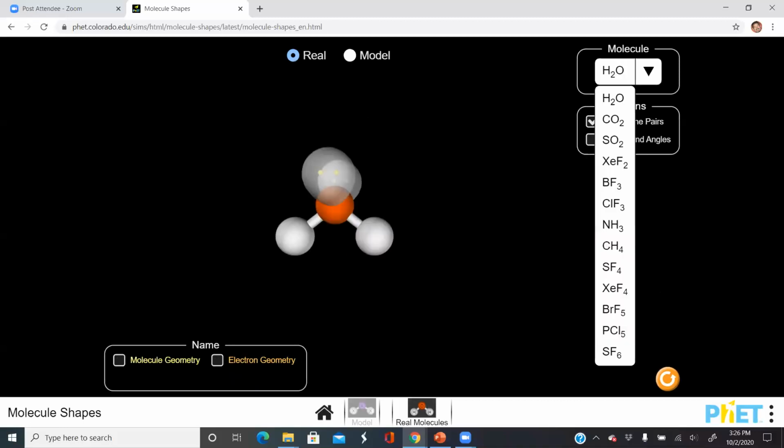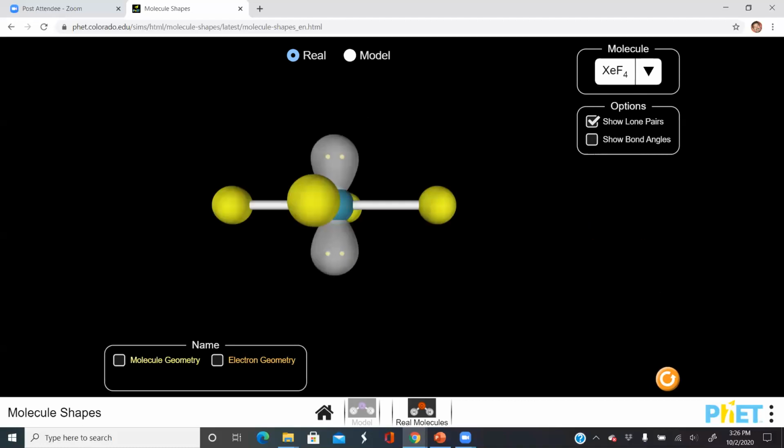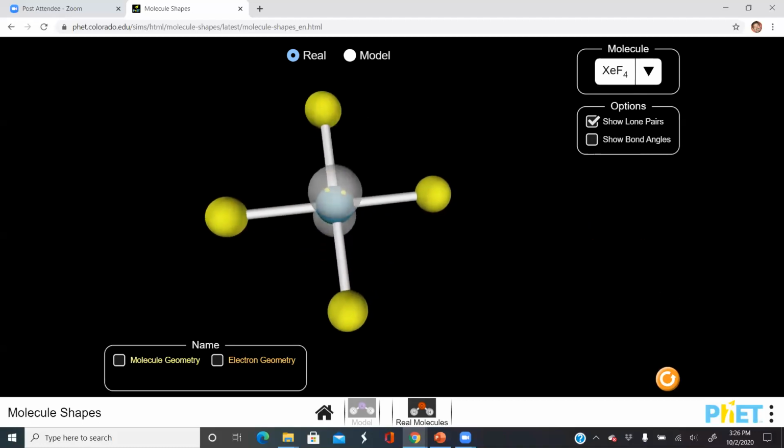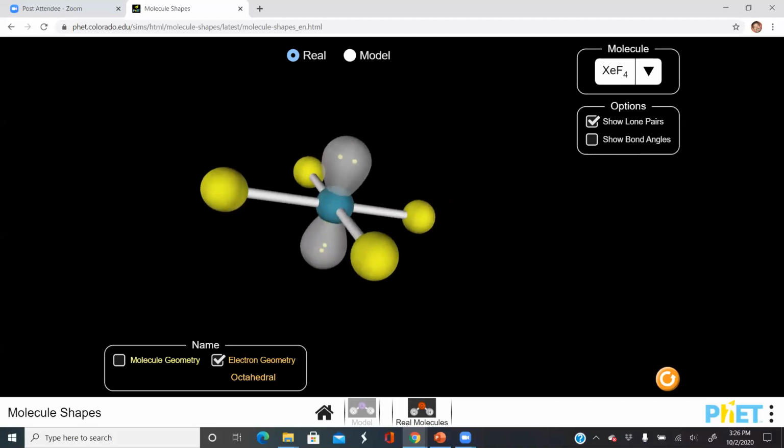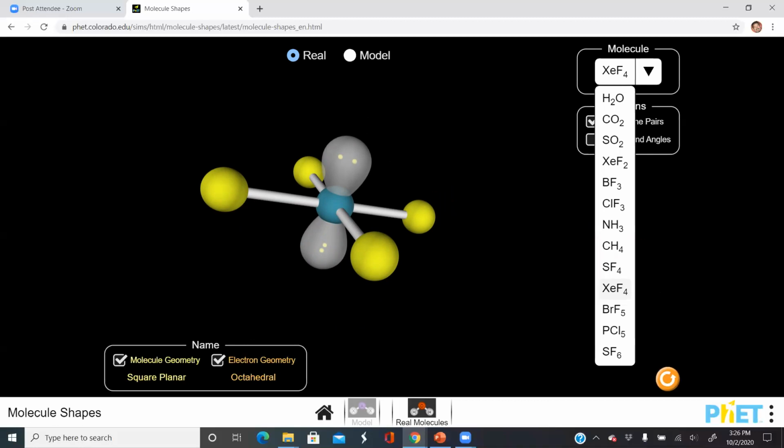Now, if you don't believe that these are distorted, just go to real molecules and pick one that we know is square planar. So there's xenon tetrafluoride. This actually is not going to have a distortion because, again, they're 180 degrees. But this is your real one. Let's pick one that might have a distortion. So here's the